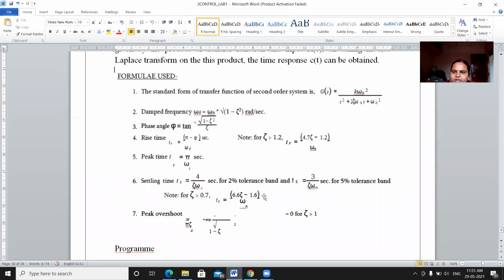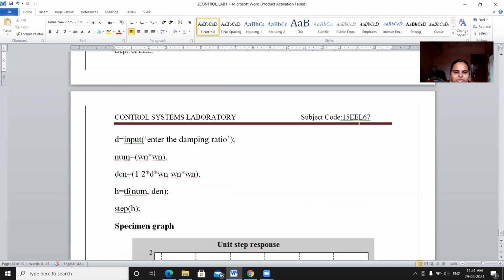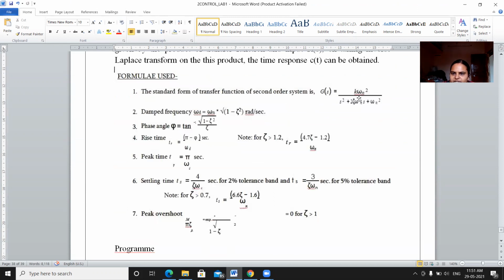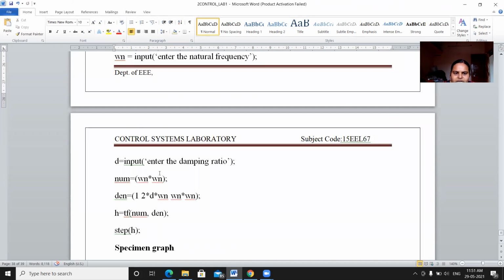Next, our equation consists of the numerator part and also the denominator part. Now we'll see what the numerator consists of. Just observe here, omega n square. Omega n we already defined. For that reason, omega n, this is a star mark. This is the multiplication we'll be doing. Omega n star omega n. This is the multiplication operation in MATLAB. Normally we would use a cross, but here you have to use the star.